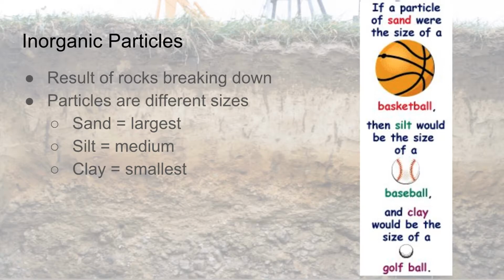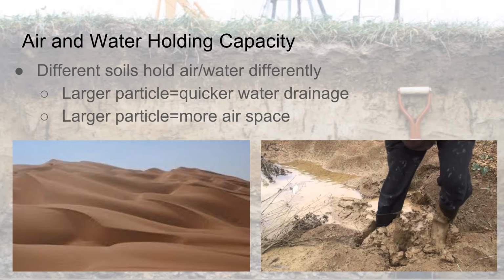So putting this into scale, if a particle of sand was the size of a basketball, a particle of silt would be the size of a baseball, and a particle of clay would be the size of a golf ball. So these particles are not similar in size at all. There's a dramatic difference between the sand and the clay. Similarly, there's a dramatic difference in what these